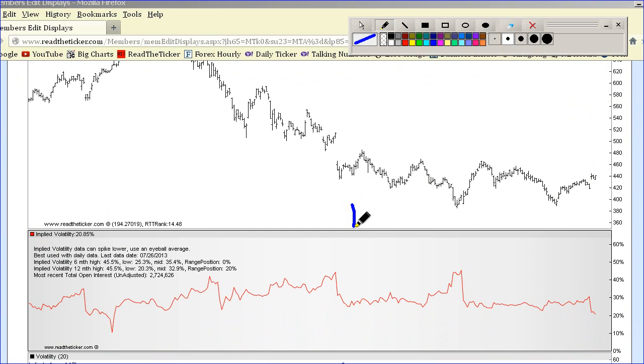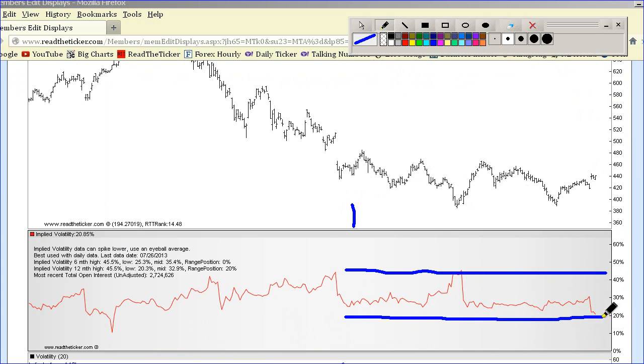The last 6 months is about here. So if I draw the upper range along there like that, that's the upper range reading of about 42%. And this will be the lower range the last 6 months, which is about 20%. You'll see that the current reading is at 20, which is closer to or near the